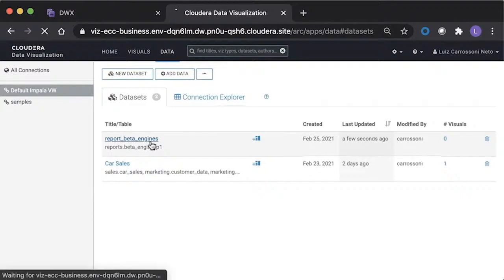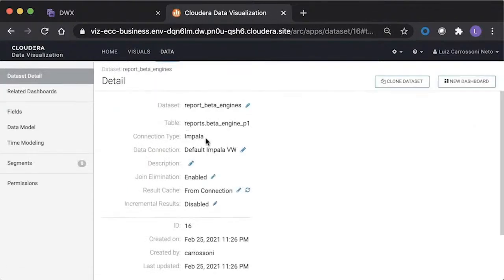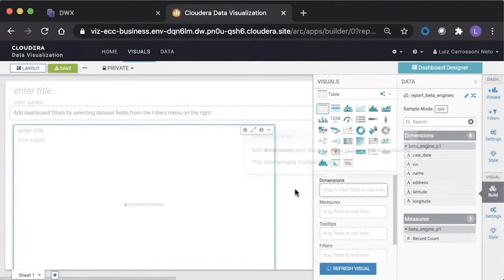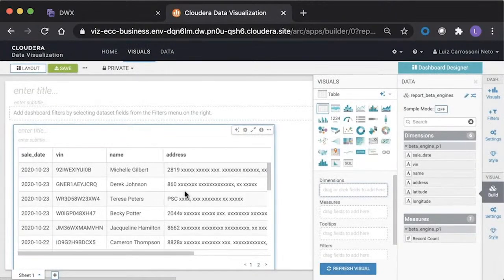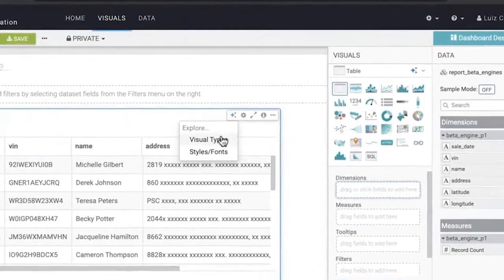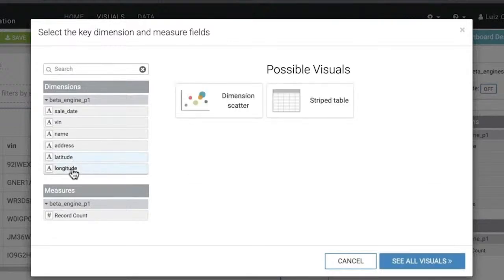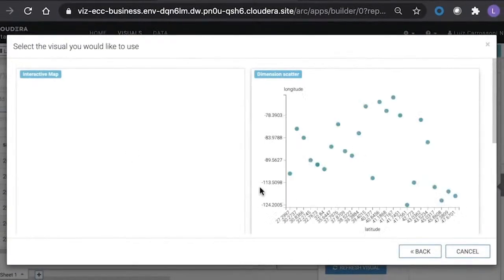Now we can see here ready to use, and after that we can already create a new dashboard directly on the platform, and we can see the results here with the address masked. So all the security policies are also integrated with Cloudera Data Visualization. And Cloudera Data Visualization directly, based on the fields that you choose, suggests some visual types for you to start